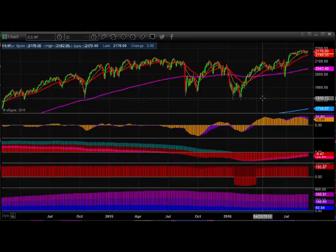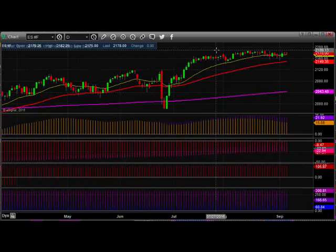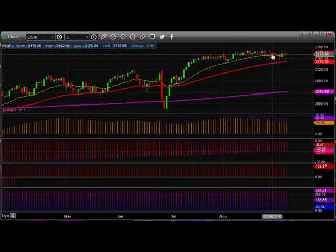Let's start off by looking at the ES on a daily chart. This is a live chart. It's now almost 7 o'clock Central Time on Monday evening, Labor Day. And you can see that this has gone basically sideways for 1 week, 2 weeks, 3 weeks, 4 weeks. And it looked like it was going to come down here on September 1st, but it bounced right back up